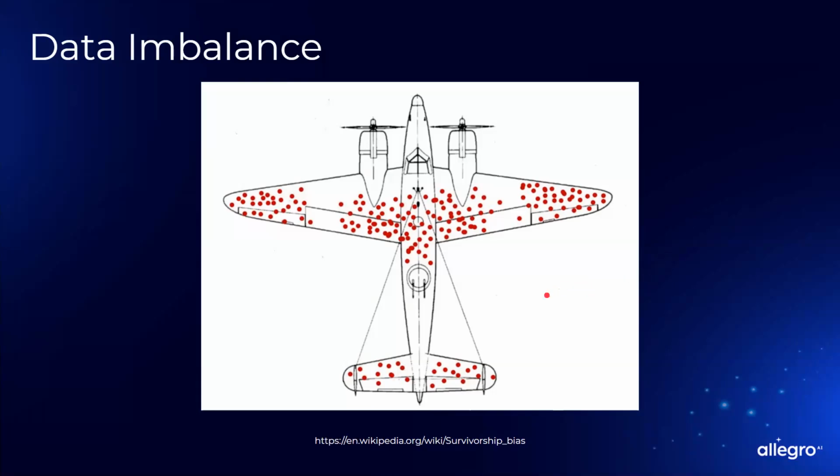Back then, there weren't any data scientists, there were mathematicians, and the people from the defense ministry came and said, well, we have this data and we want to decide where to put protective plating on these bombers. However, we don't have enough weight capacity to put plating everywhere. So tell us, based on this data, where to put the plating.